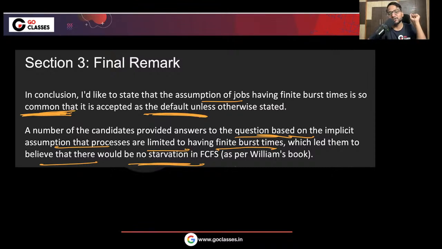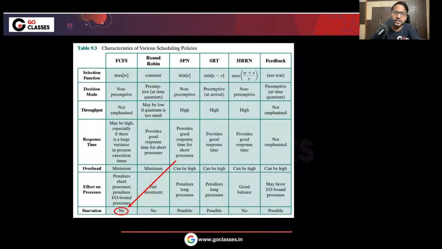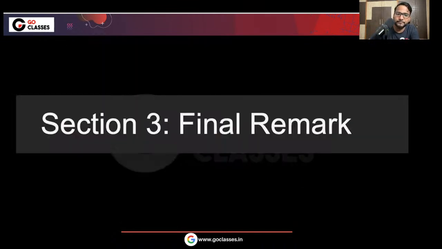Okay, so basically, as you see, there are numerous resources, including William Stallings, saying that FCFS does not have starvation. Then why does FCFS have starvation? Because logically it seems that FCFS can have starvation. So this assumption, which I have found out, is so common that people are not mentioning it. So as a student, how can they expect us to not make that assumption? Because that is a very, very implicit assumption that even the standard resources are making. Then why not us, right? Even these top-notch books are making that assumption. Then why not us? That is my question to challenge for this draft.